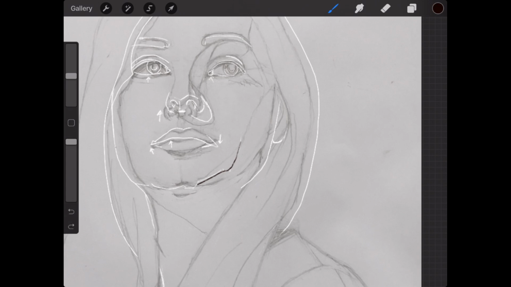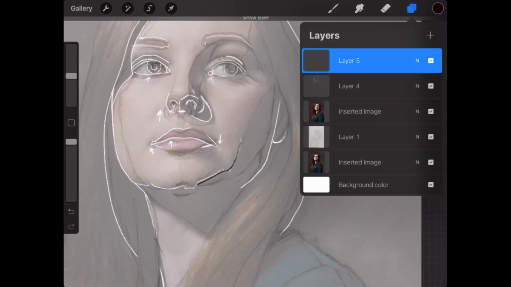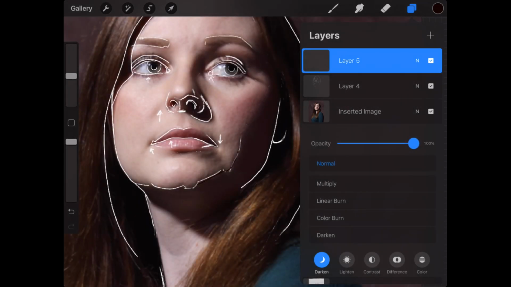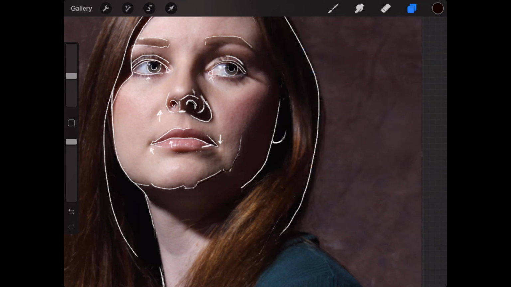But I always err on the side of caution in the sense that I stay within that darkest shadow mass that I see is very, very clear, and I ignore all the little stuff that's kind of happening out here, all that tiny modulation. If anything, maybe that's considered a shadow shape, but it's so small that I don't know if it's necessarily worth outlining. So you really want to stay within that shadow shape there.